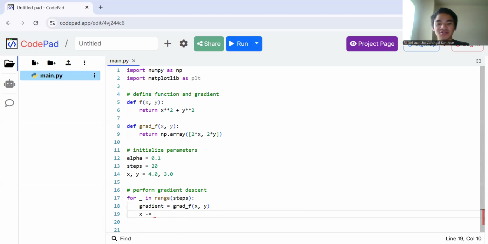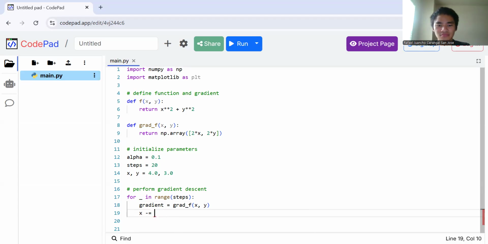So x minus equals the gradient times, and then we multiply it to my